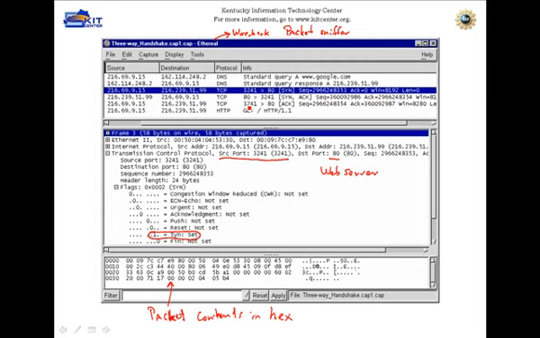And if you notice up here underneath this, we get back from the web server a SYN ACK packet, and then this computer sends a final ACK. Then it turns right around and actually generates an HTTP GET statement. This actually requests